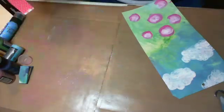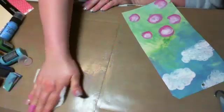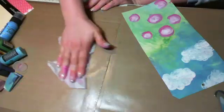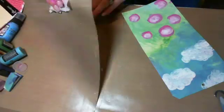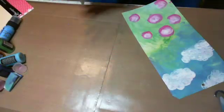Clean these up. That's just water. I'm going to put my tag to the side for now, let it dry, and we're going to work on my scenery a little bit. I have a girl that I want to color, and I prefer to not do it with inky hands, but